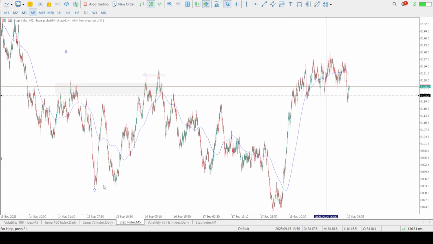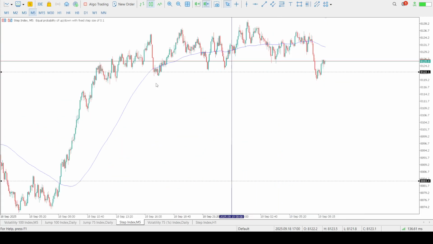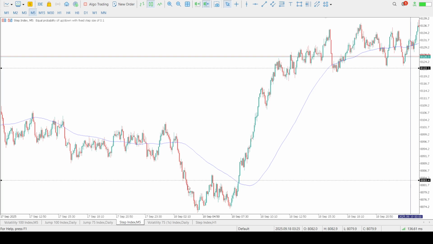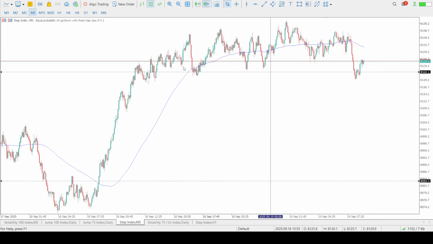So that's just what I want you to grasp for this session, and we can see how it went all the way down to take out this daily, another significant low. And after taking it out, we saw how it took time to reverse. It did not reverse immediately. So you need to be very patient as a trader. We saw it come down, go even lower, and come back. We saw a bit of accumulation right there,